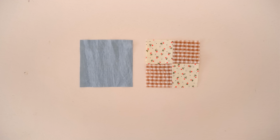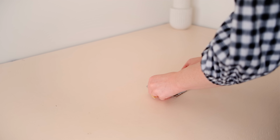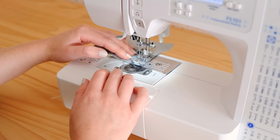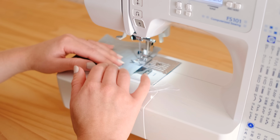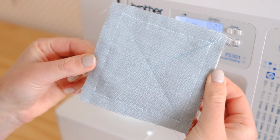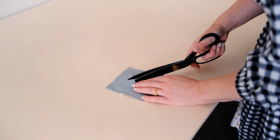Then with right sides together, place the new square onto the stitched square. Mark out a 1 centimeter seam allowance directly onto your square like this with a water erasable pen or some tailor's chalk, and then also mark out an X between the points of the square like this. Stitch along the marked out seam allowance. Then snip the fabric along the X we marked out earlier,